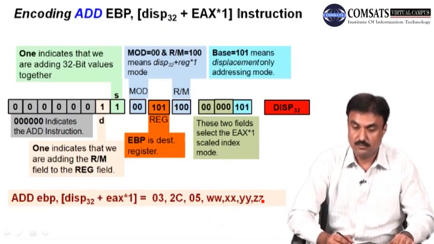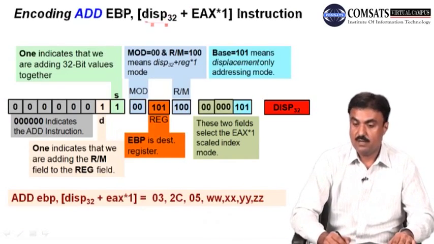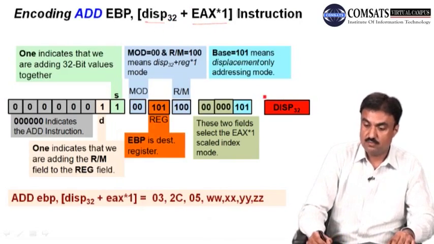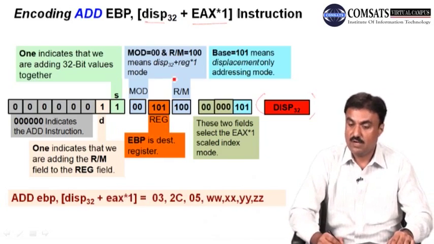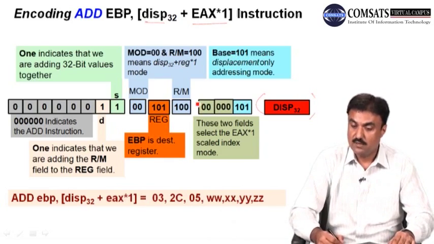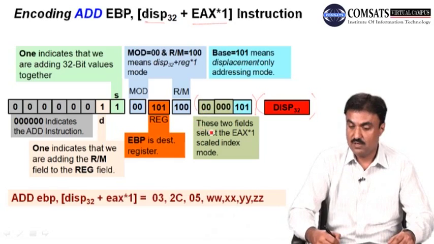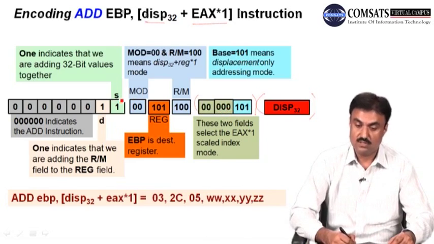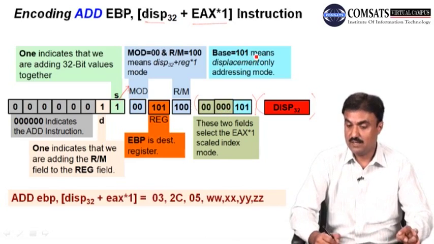So here you can see the example. Here we have displacement plus EAX. So displacement is 32-bit. At this point we are using SIB, but the combination of SIB is different. So if it is 0, 0, these two fields select the EAX register multiplied by 1 scale index. So 0, 0 is scale index 1 mode. This one indicates the EAX register. Here is the 32-bit register we are using. And 101 in the last bit